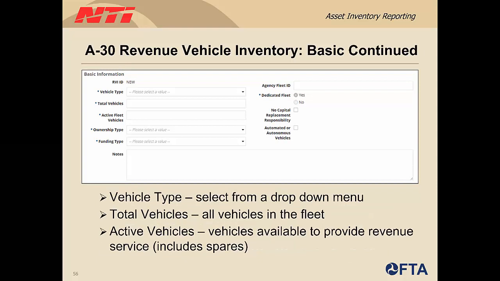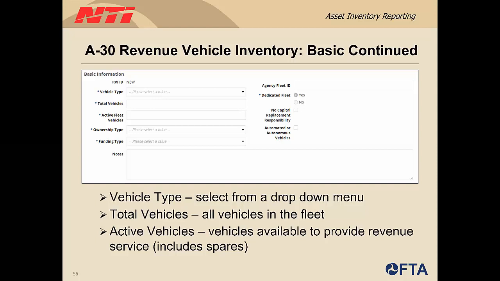Next, you will report the vehicle type. Some examples of vehicle type are cutaway, van, or bus. These options will populate based on the type of mode you are reporting. Now, next on the form, you'll report the total vehicles in the fleet and then the active vehicles in the